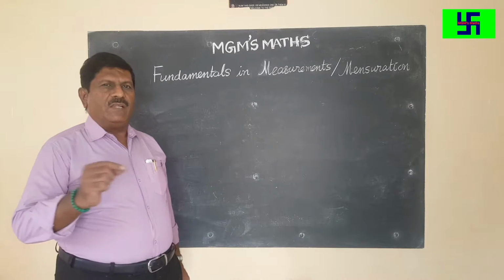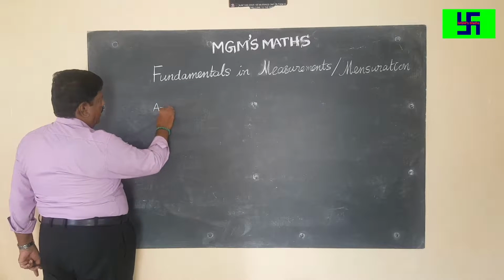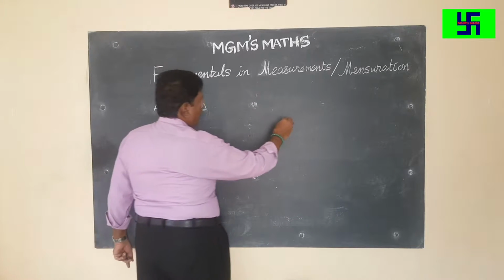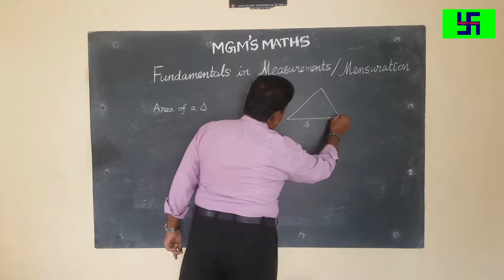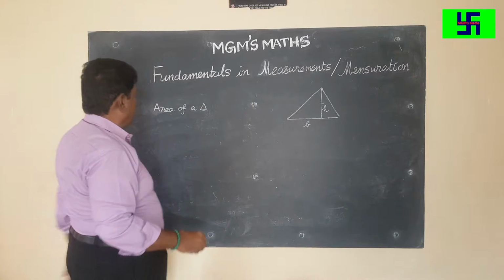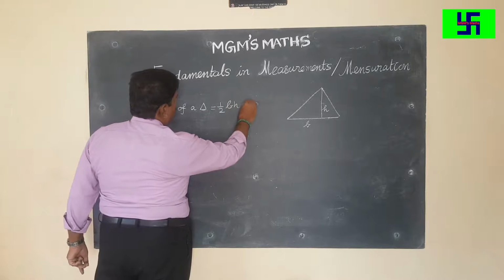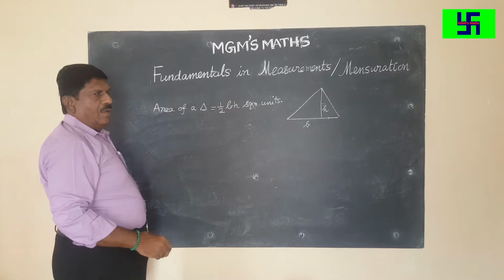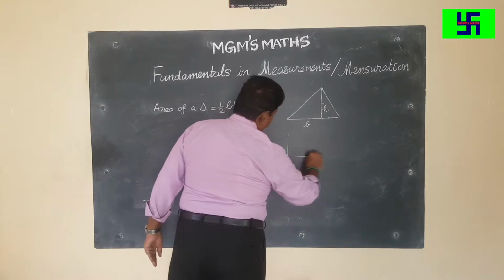First of all, let me start with the triangle. The area of a triangle. In a triangle, we have a base B and the height H. Area of a triangle is half BH square units. When you have a triangle in the form of a right angle triangle,